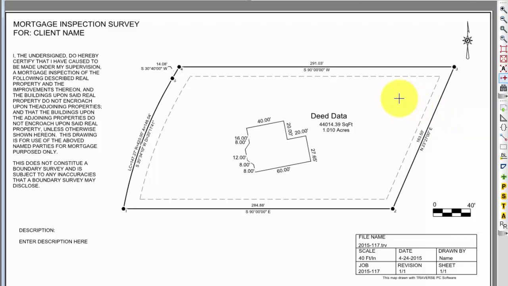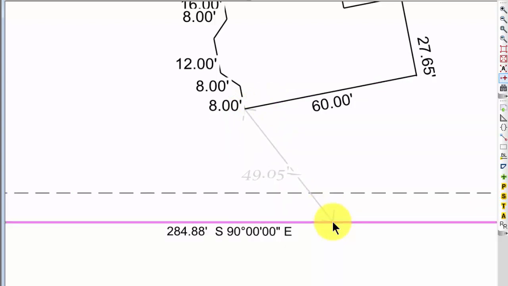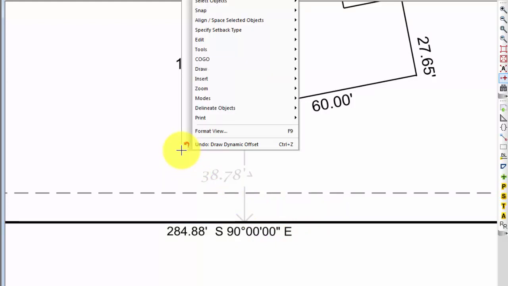That looks good. The next thing I want to do is include some offsets from the corners that are closest here. And I'm just going to use a tool in Traverse PC called Dynamic Offsets. Let's go ahead and move this label out of the way. Put it down over here. And I'm going to tell Traverse PC that I want to draw a dynamic offset, and it prompts me now at the bottom to specify the start. I'm going to use a snap command to go to the end of this line, and then I'm going to say I want to go perpendicular to this property line. So Traverse PC then redraws that setback for me,